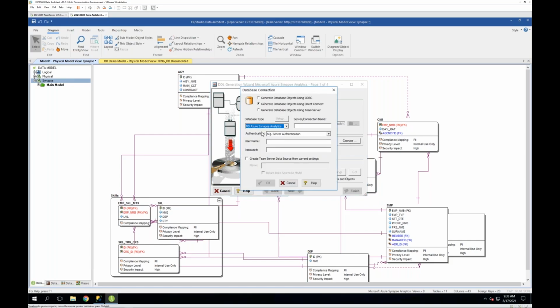I can look at our connection here. I want to connect. I want to use analytics here. We're going to use SQL Server authentication. You can see that, but it would use Azure Active Directory if you wanted to. I'm going to pull this out of my handy dandy little